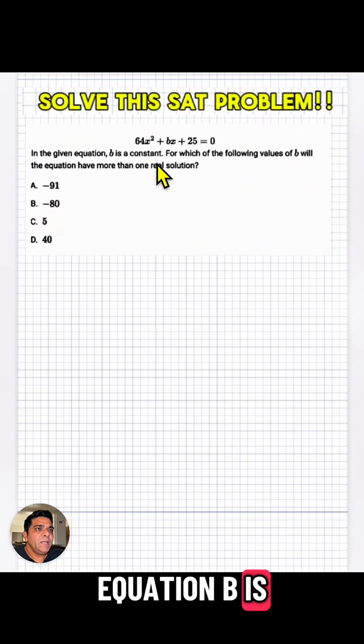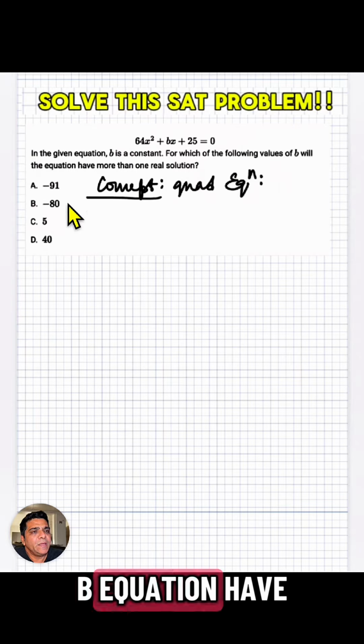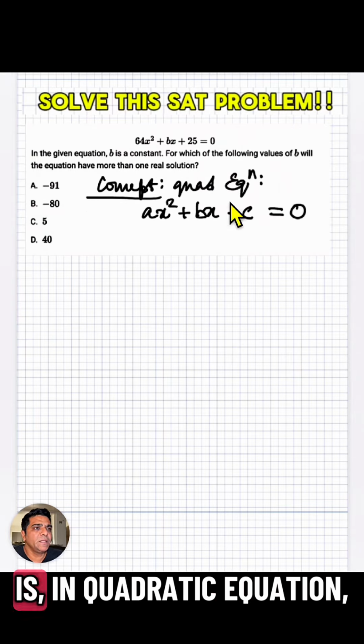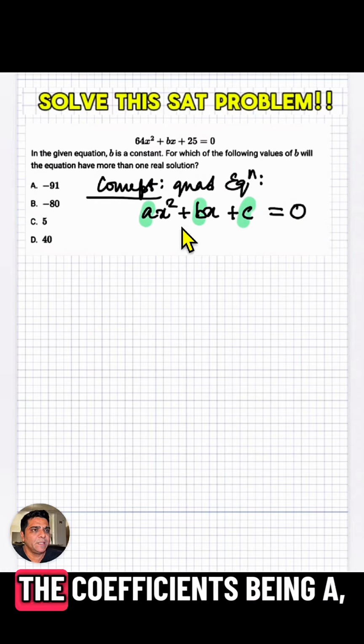So the given equation, b is a constant. Which of the following values of b would give the equation more than one real solution? So the concept is, in quadratic equations of the form ax squared plus bx plus c, the coefficients being a, b, and c,